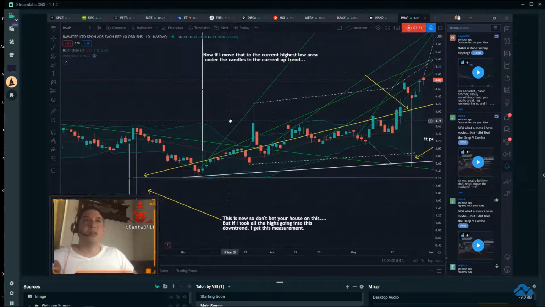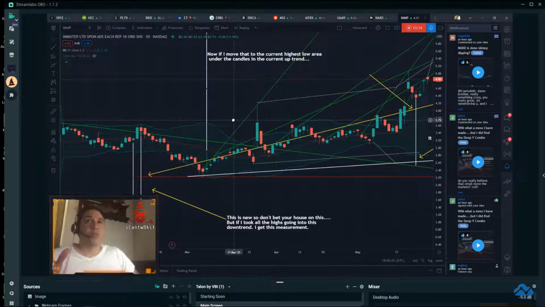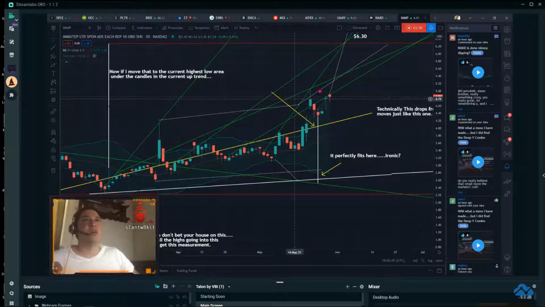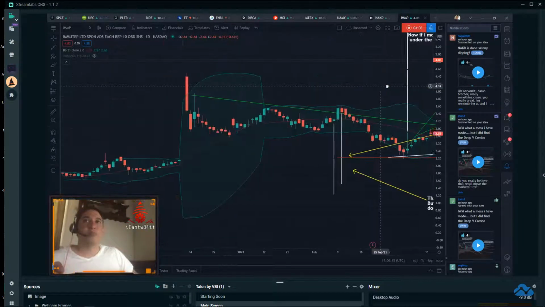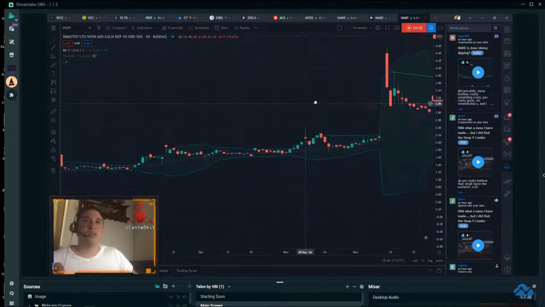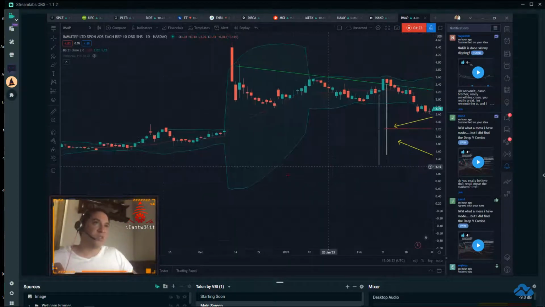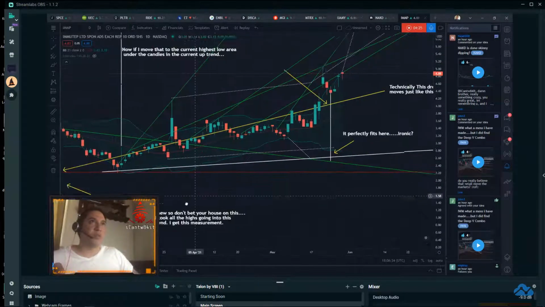But that said, I've got a lot of things here pointing upwards, saying that it's going to go up to the $6.30 mark. I've got this trend line from the past, from this move back here, actually. I took it from this pop up here and measured it to there, took that one there, measured it there, and then measured the distance from here to here, and really got inside this measurement of this trade, and I came up with